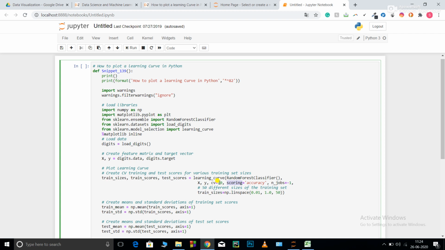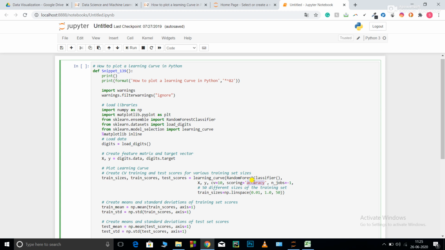Now I'm explaining cross validation. For example, over here cross validation is equal to 10. If I pass cross validation equal to 10, this means it will split my data set into 10 parts, train on 9, then test on the leftover one, and similarly it is going to iterate over all the possible combinations and use the leftover one for testing. Now accuracy. Accuracy is the total number of correct predictions upon the total predictions. n_jobs is equal to -1.